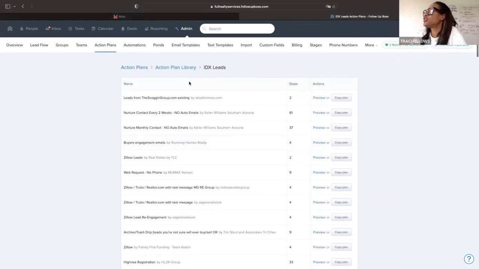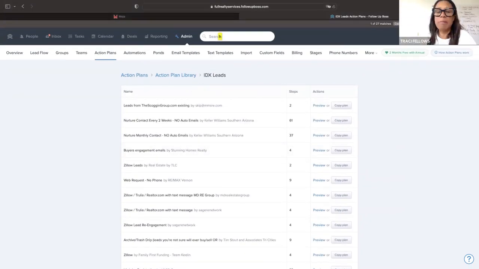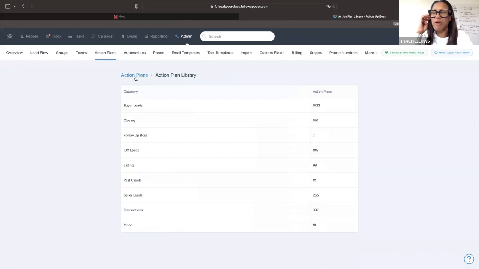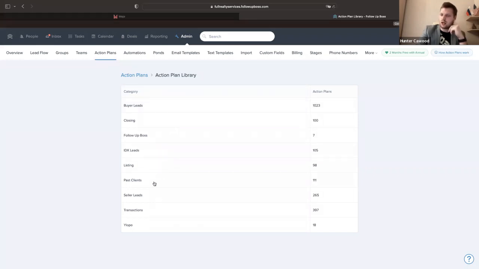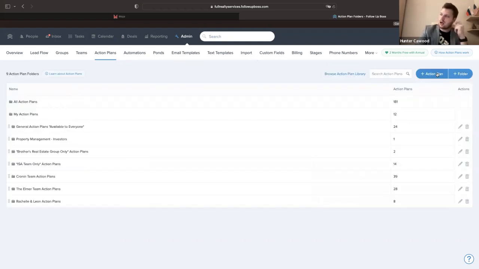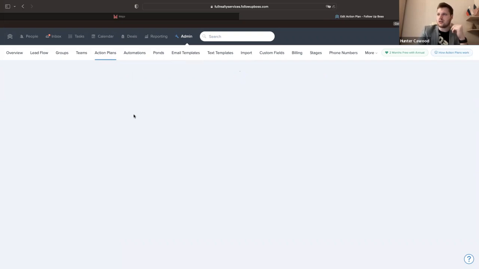Under action plans, I come up with my own time frame for calling people back, and that's how it automatically tells me when to do things. Is that correct? Yeah. What I would suggest is, I'll see if I can find where it is in the library, and I can maybe message you later about it. But let's say you wanted to set up your own time frame that's more comfortable for you. You would come in here to action plans, create an action plan. Let's call it your